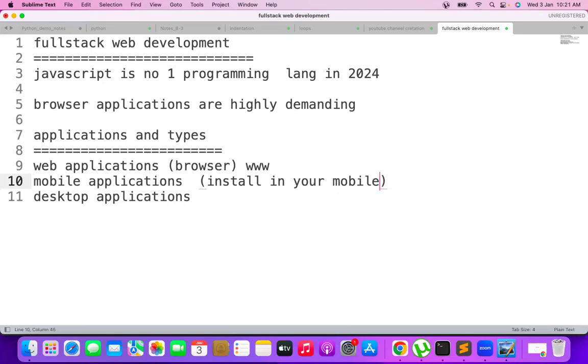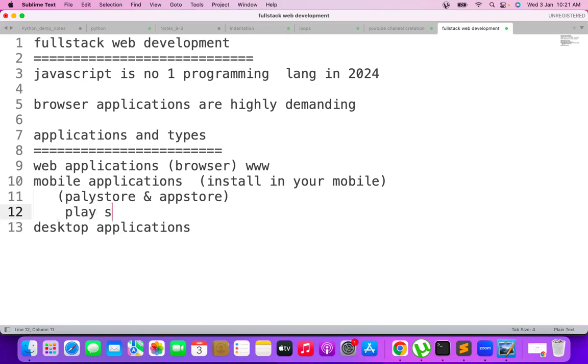Which you install on your mobile from the Play Store or App Store. Mobile applications nowadays come from the Play Store and App Store, right? There are two kinds of stores available, Play Store and App Store. Play Store applications are Android applications, App Store applications are iPhone applications, iOS applications. You know that, right? If you don't know, just try to understand. Play Store applications are Android apps,